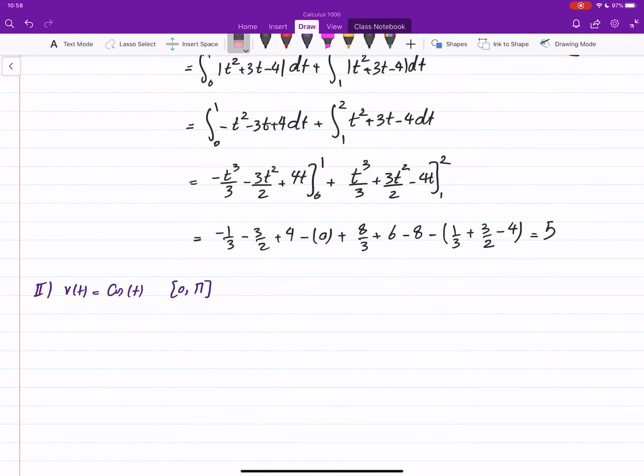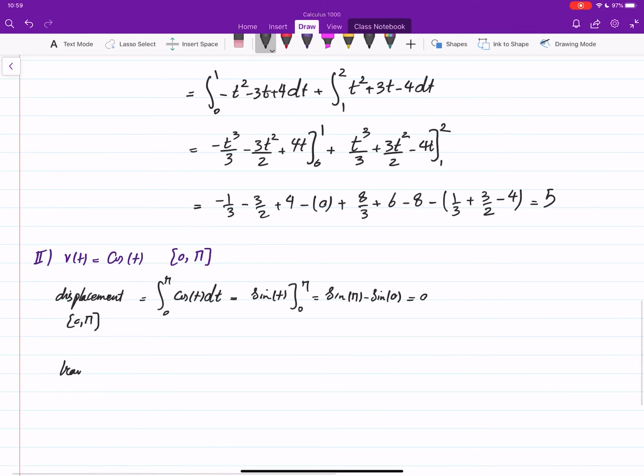Let's do another example. Again, the velocity is given, so displacement on 0 to pi is the net change, so it will be the integral of the velocity function. Here, the antiderivative of this is sine t, going from 0 to pi, and this is sine of pi minus sine of 0, which is equal to 0. But travel distance